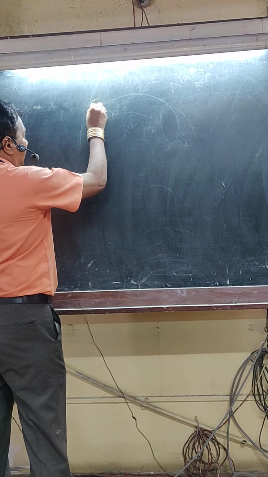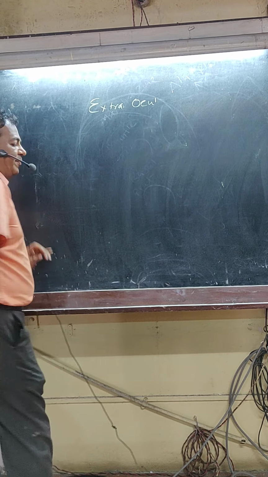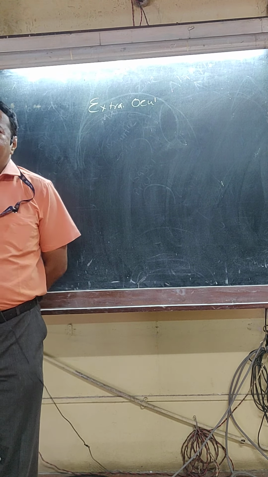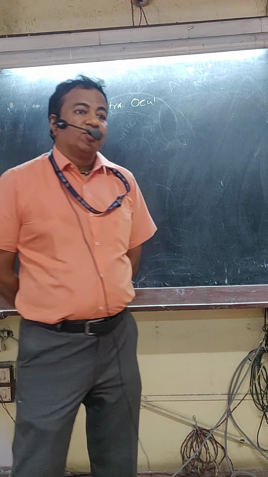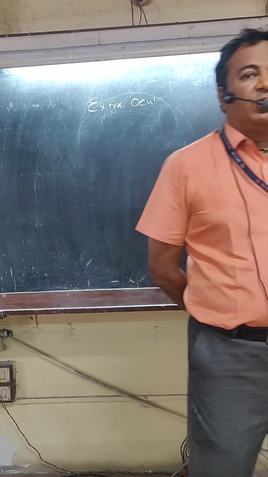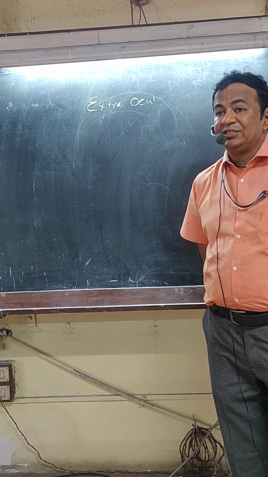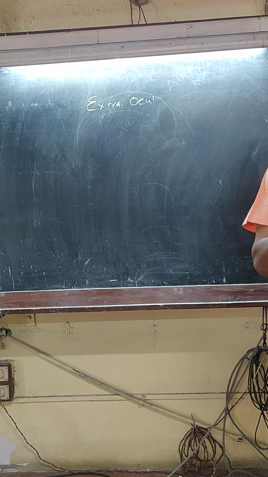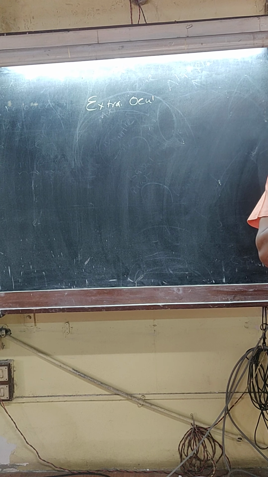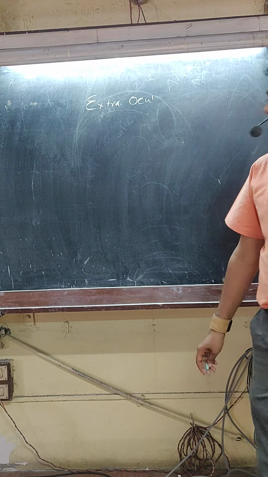So it discusses the extraocular muscles and the nerve supplying them. When we say extraocular muscles, that means there are intraocular muscles also. Intraocular muscles are the muscles of the iris and ciliary body, which change the shape of the iris. Extraocular muscles are attached to the eyeball from outside. Okay? So that is the extraocular muscle.